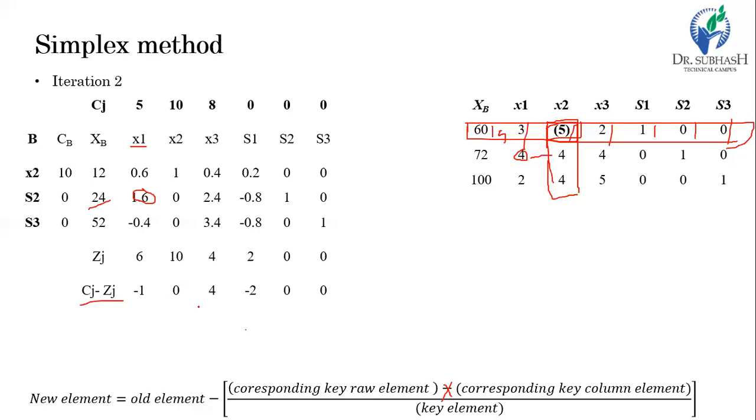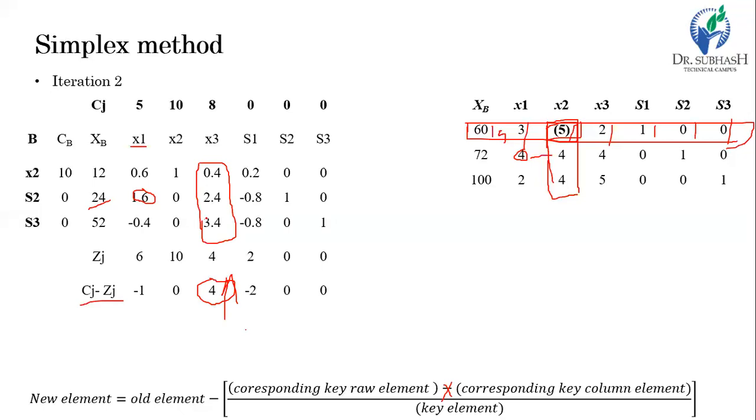So again, this problem contains at least one positive value, or all the Cj minus Zj values are not less than or equal to 0. So this is not an optimal solution, and the element related to x3 has some capacity to increase our solution. So we will consider the x3 column as the key column, and x3 as the entering variable into the next solution.